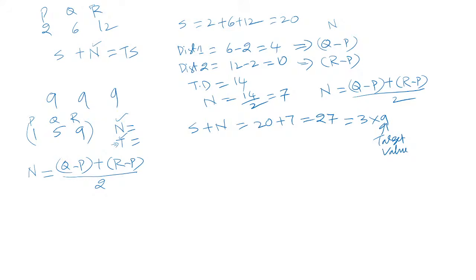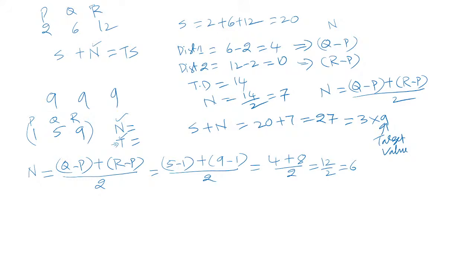So it is (5 minus 1 plus 9 minus 1) divided by 2, which is 4 plus 8 by 2, so 12 by 2, which is equal to 6. So 6 operations are required